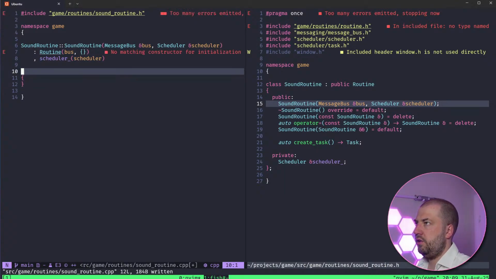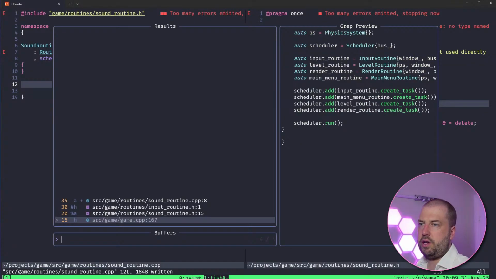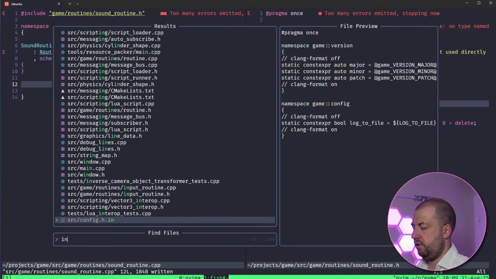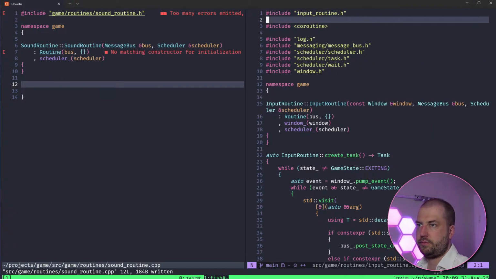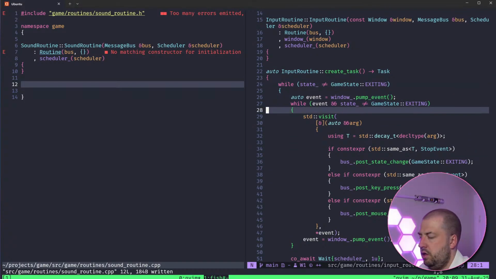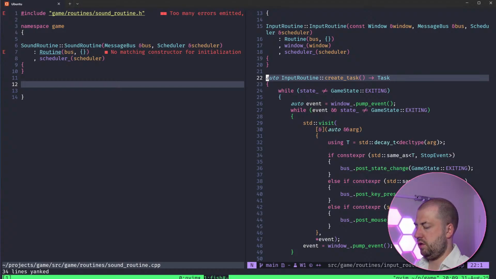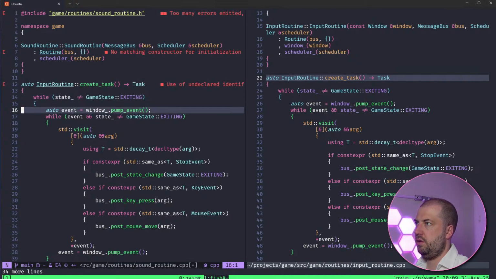And then, I can't remember what create tasks looks like now, so let's do input routine. I want something like this, don't I? Like a while loop, but I don't want any of this chuff.